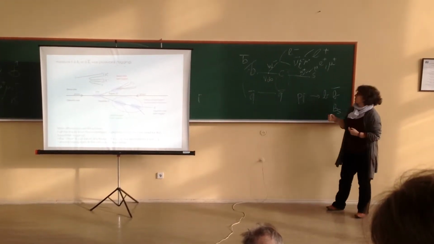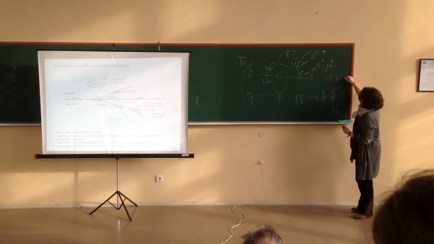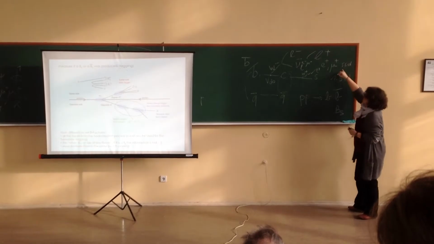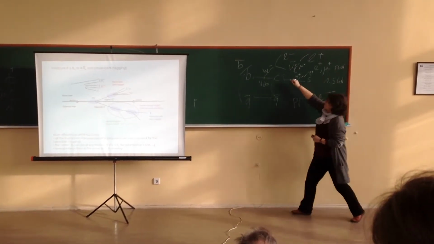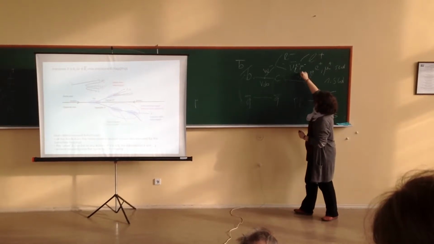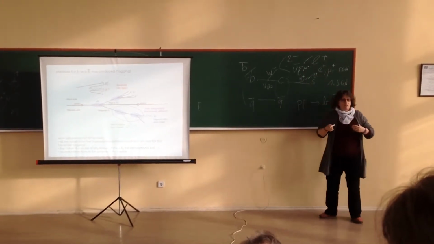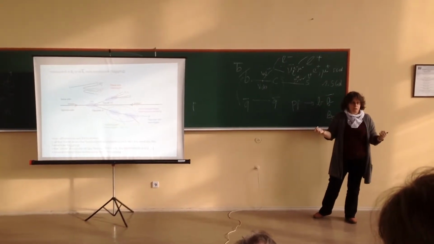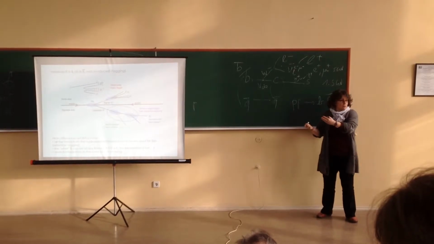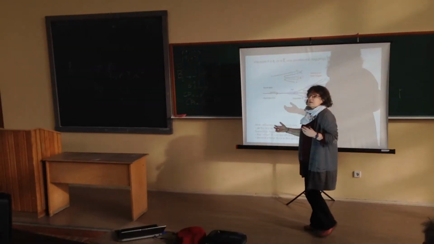The mass of the C quark is about 1.5 GeV, roughly, while the B is 5 GeV. So the PT of this is going to be larger than the PT of this one. So I will select a high PT lepton. But in some cases, I will make a mistake. You will see in how many cases on the next slide. So this is the idea.